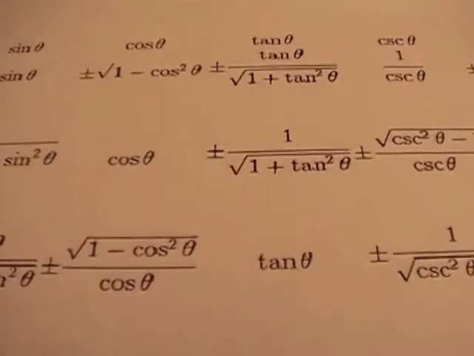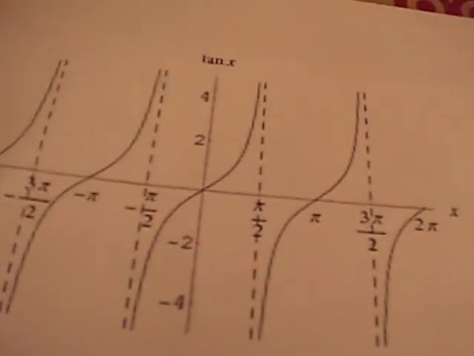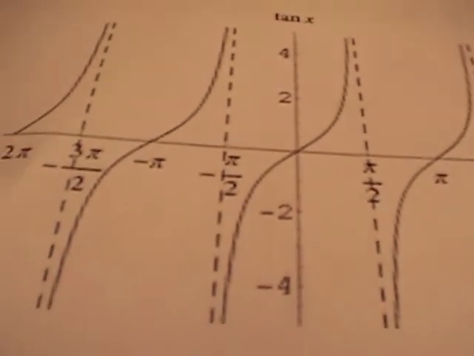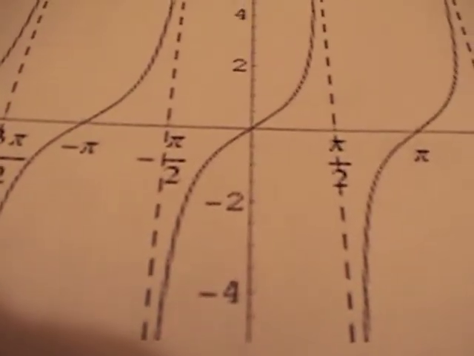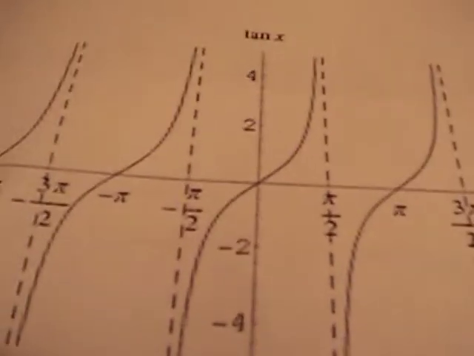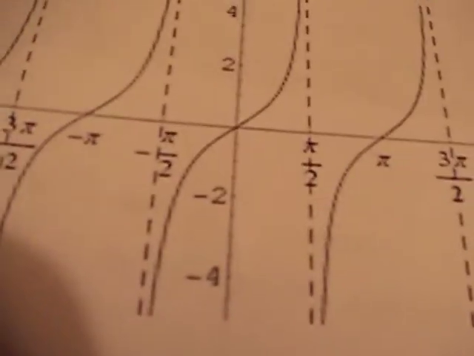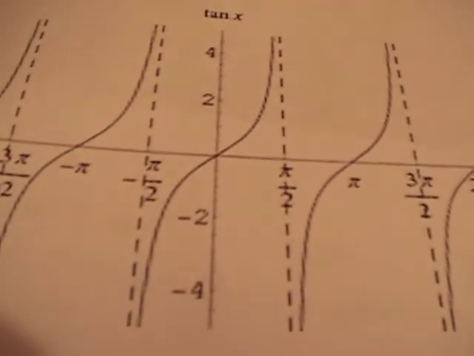Now I'd like to explain the conformity in the graphs. For easy purposes, I've printed off a graph of a tangent function. And as you can see, the tangent function is a line between negative pi over 2 and pi over 2 that goes through the origin. However, it will never reach the asymptotes of negative pi over 2 and pi over 2. This is a very